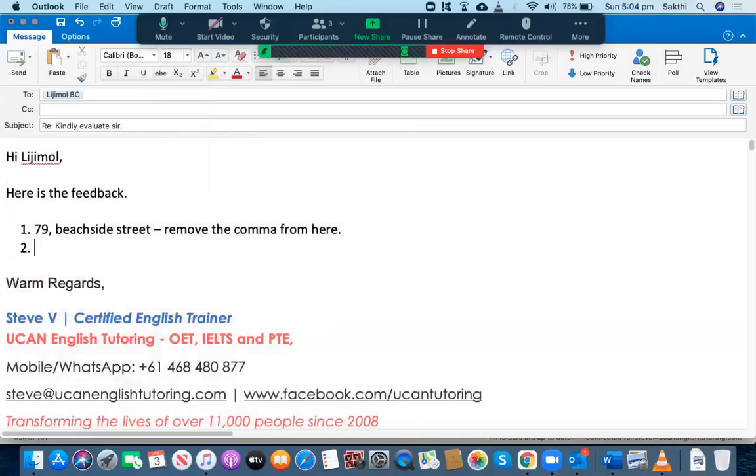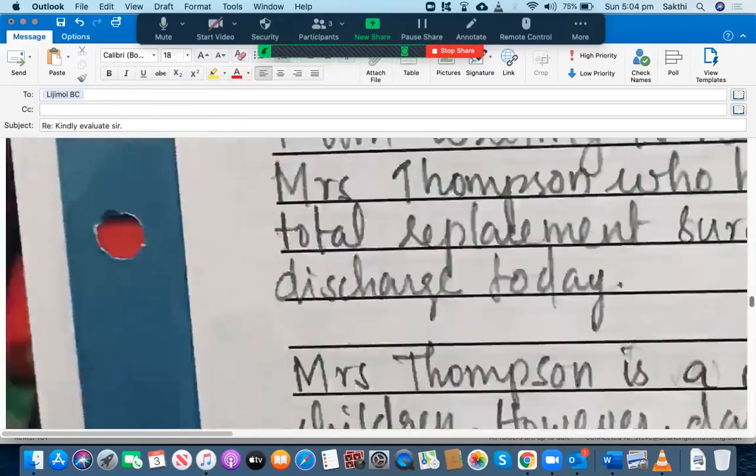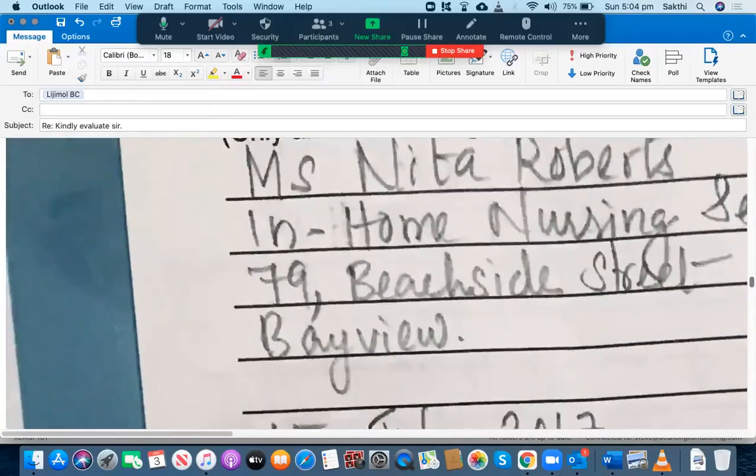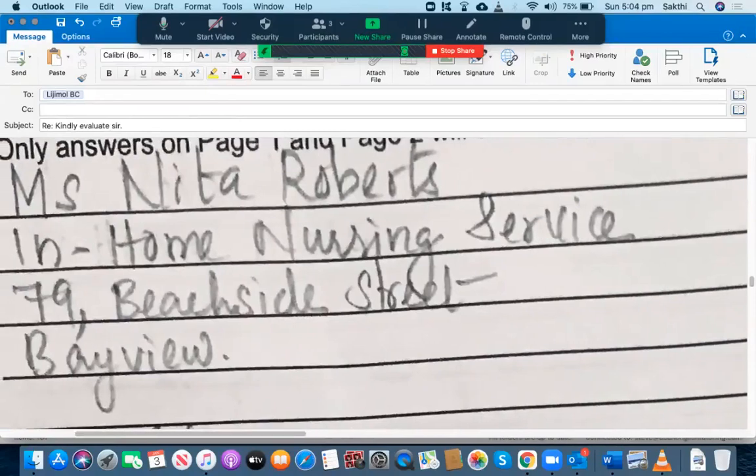Okay, so the first one, 79 comma Beachside Street. You need to remove the comma. That's the first mistake you have committed. And then as far as the next one is concerned, I'm